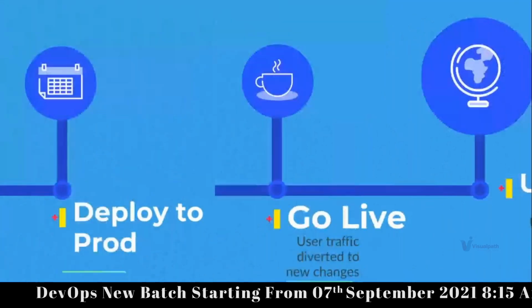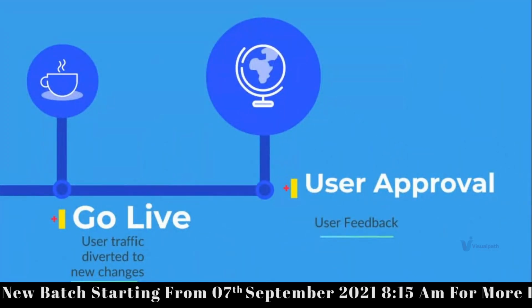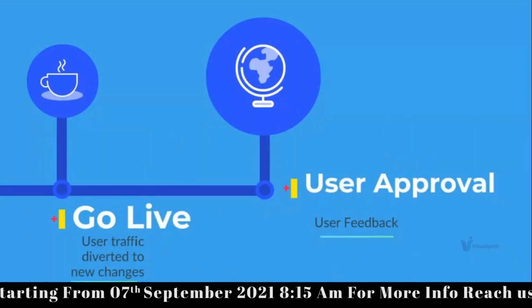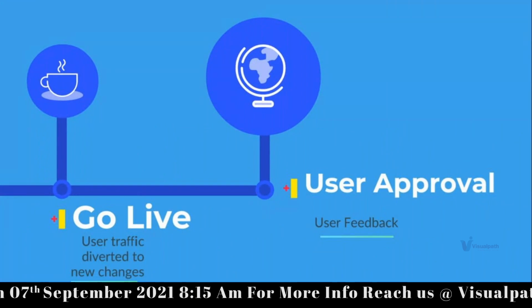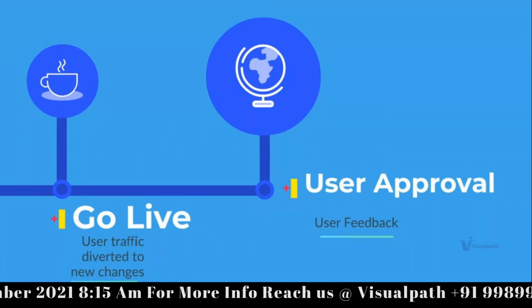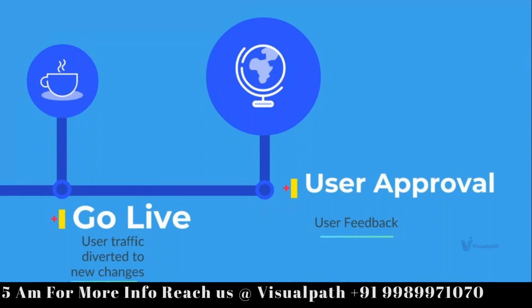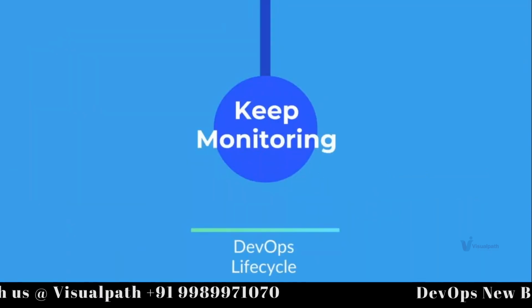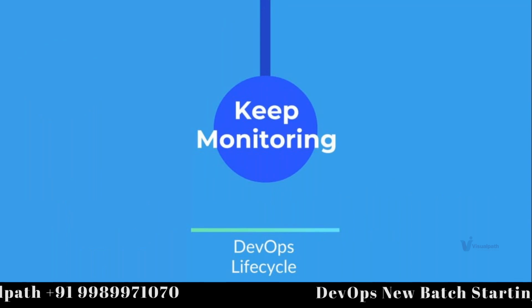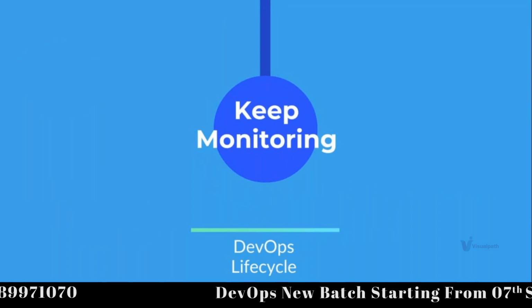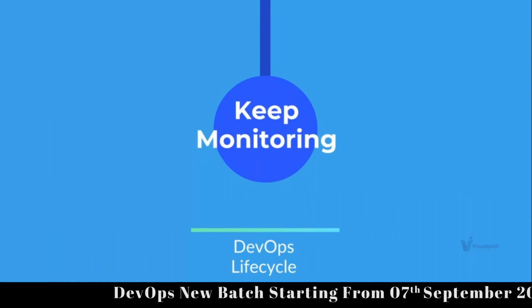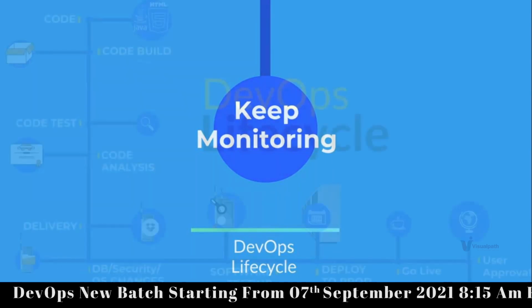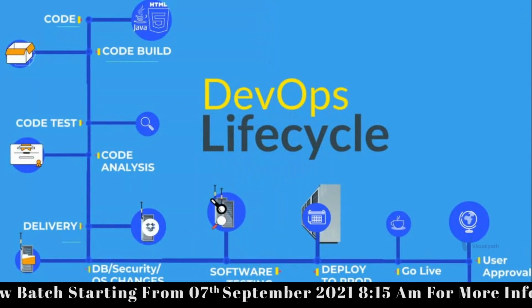Once the production environment is deployed, you can start diverting the actual user traffic to it. If everything is good and users are not having any problem, it's good. If the users are having problems, there should be an automatic rollback also. And the monitoring team needs to continuously monitor everything throughout the deployment and after the deployment, in case something goes wrong. This is called the DevOps life cycle.